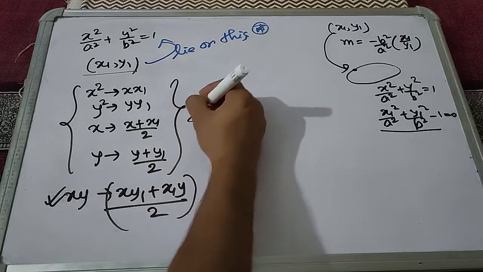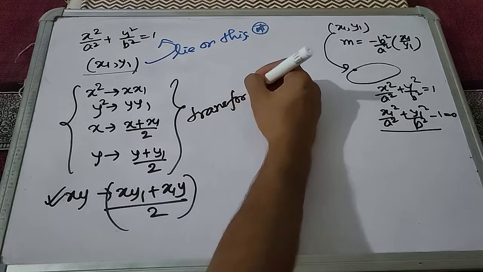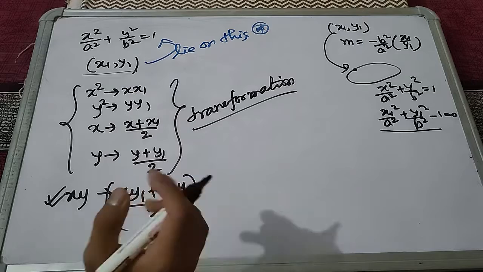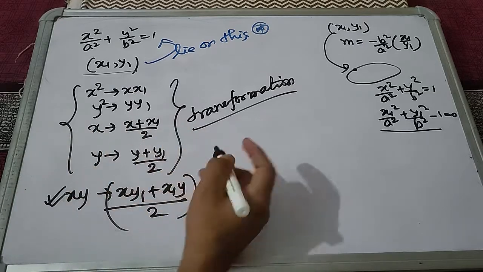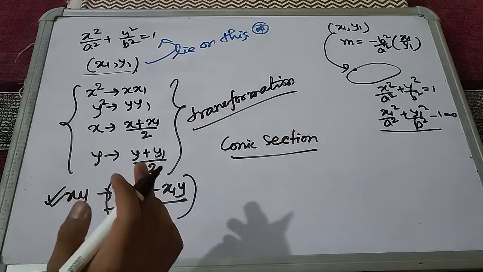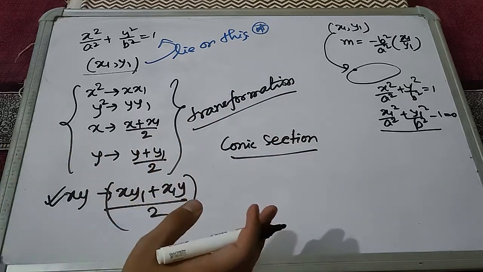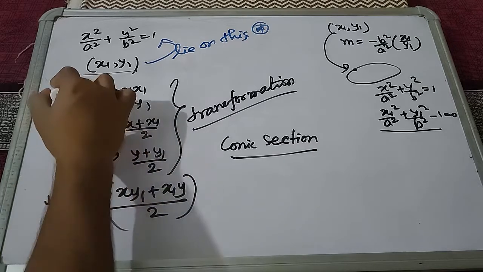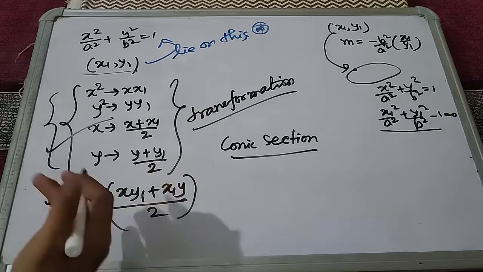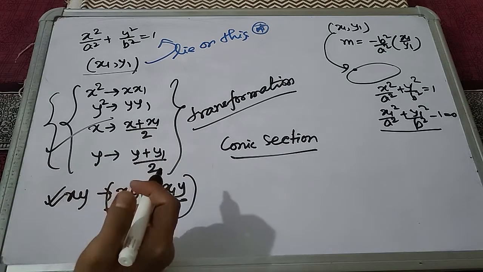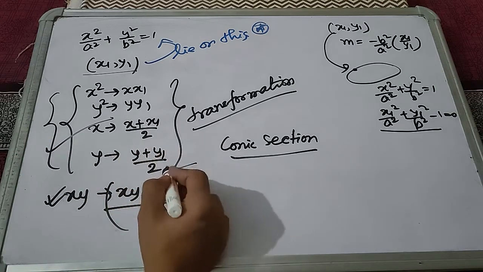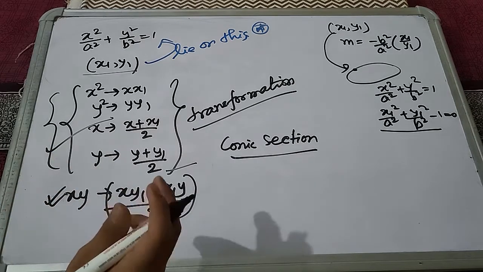So this important transformation is what you need to keep in mind regarding your equation of tangent, chord of contact, or whatever. This transformation is very important if you are studying conic sections. In a question in a paper in JEE, nearly 99% you will have the chance to use these 4 transformations. You will have to use them anywhere around, because if you don't use this transformation, your question will actually take more time. And what we need to do is steal minutes from hours and save our time. So these 4 transformations are very important.